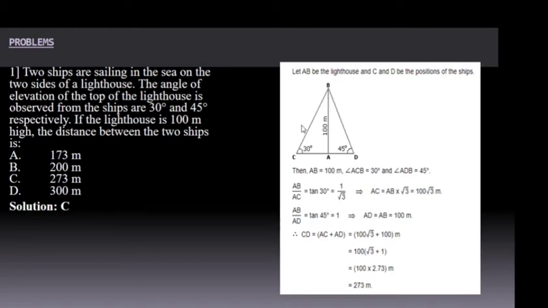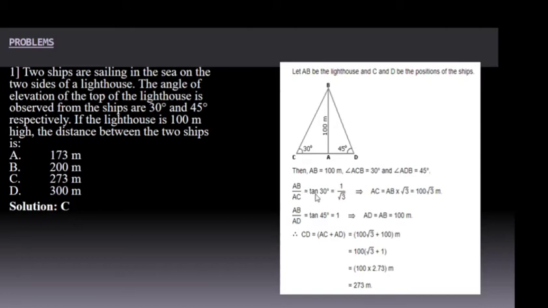Are we interested in finding CB? No, right? We don't want the hypotenuse. But what we want is the adjacent side. So just recall the formulas. Which trigonometric function is related to the opposite side and the adjacent side? What comes to your mind? Either tan of 30 degrees or cot of 30 degrees. Either one you can use, it's up to your choice. So let us say we will make use of tan of 30 degrees.